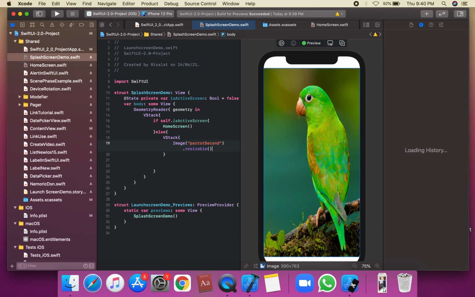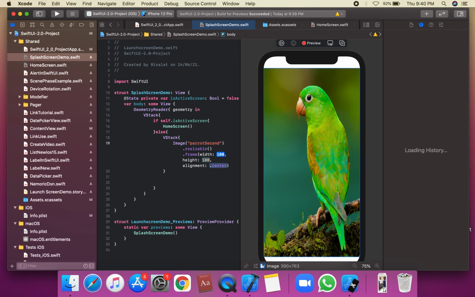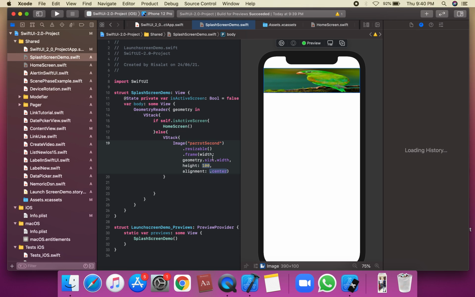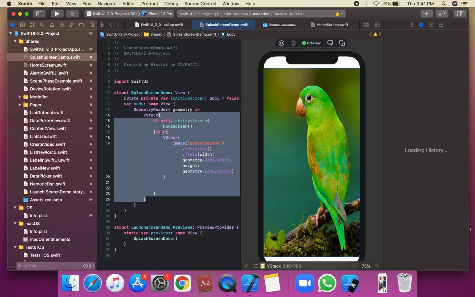Sorry, we can set the frame: geometry.size.width, and we're going to apply geometry.size.height, full height on this image, and remove the alignment. We're going to set the UI for the home screen, and this is a VStack.